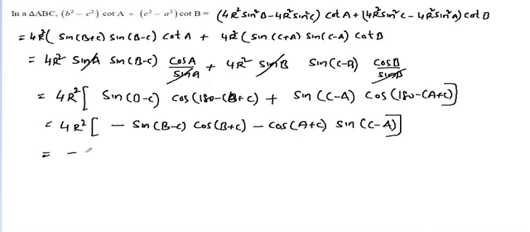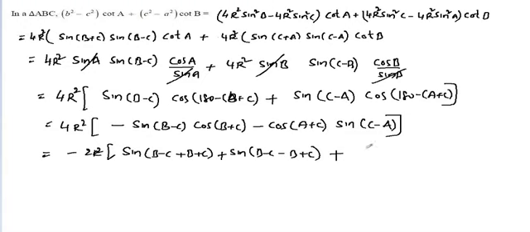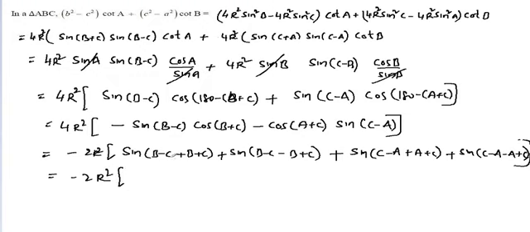Again take minus common, that is 2R² into, multiplying by 2R, that is 2 sin B cos A, that is sin(A+B) plus sin(A−B), that is sin(B−C+B+C) plus sin(B−C−B+C), plus 2 sin A cos B, that is sin(A+B), sin(C−A+C)